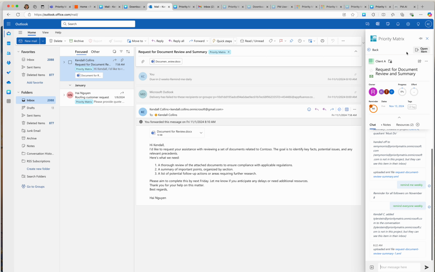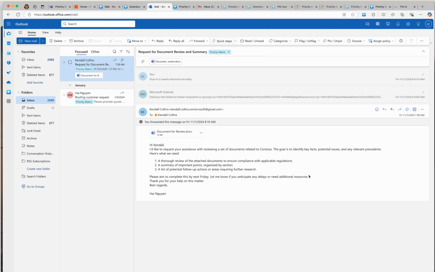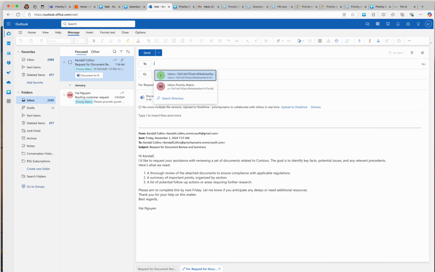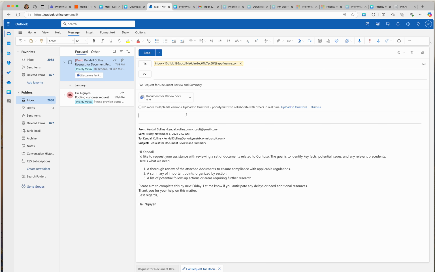Now, one of the things you can also do with Matrix is that if you get an email, and let's just say you're on the phone, the mobile device, or you want to forward the email to Matrix, you can simply click forward, and then you can actually type your inbox address. So every person in Matrix, every user has an inbox address. And so for me, for example, on my mobile device, on my Apple iPhone, I have an inbox that's saved as my contact, and I simply click forward and then I forward that email into Matrix,